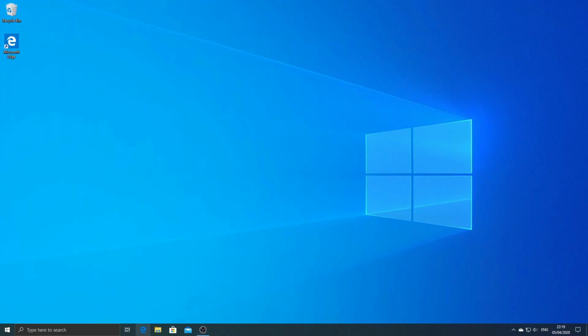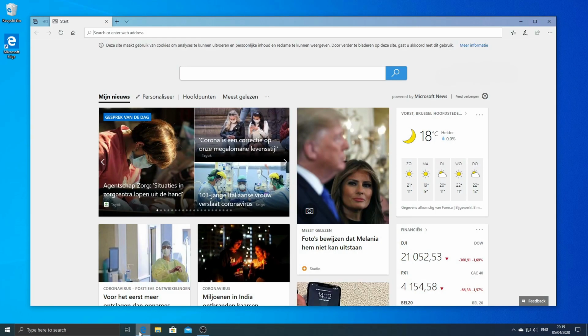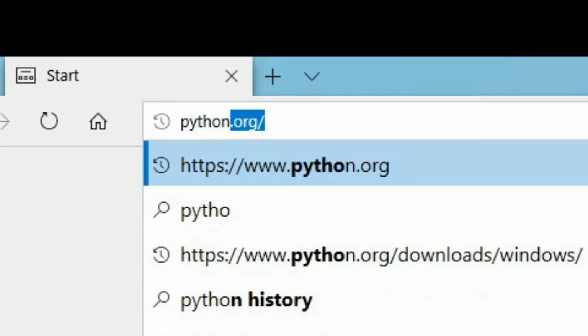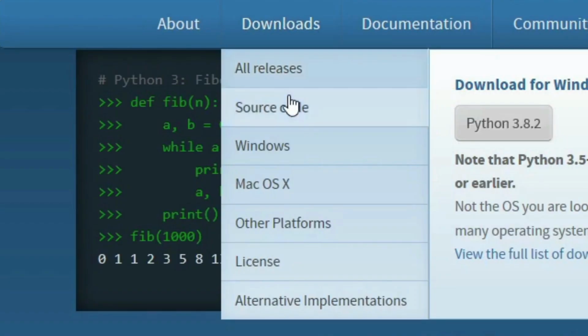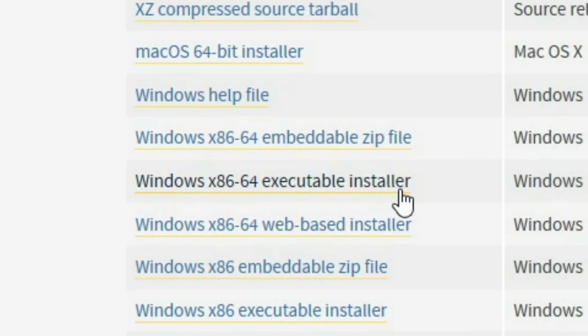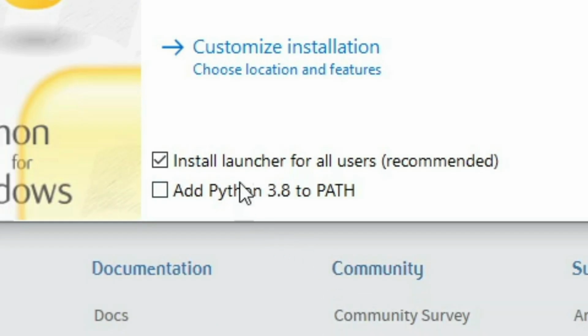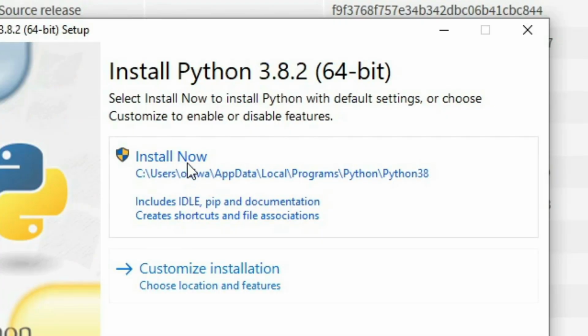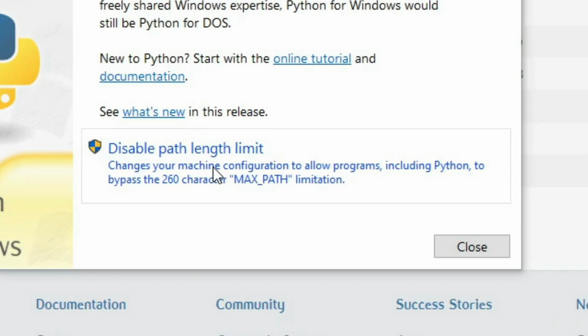So we're going to start by opening up a web browser and going to the official Python website at python.org. Once you're there, hover over Downloads, click Windows, scroll down to the bottom and click Windows x86-64 Executable Installer. Run the installer, check the Add Python to Path checkbox, click Install Now, wait a bit, and click Disable Path